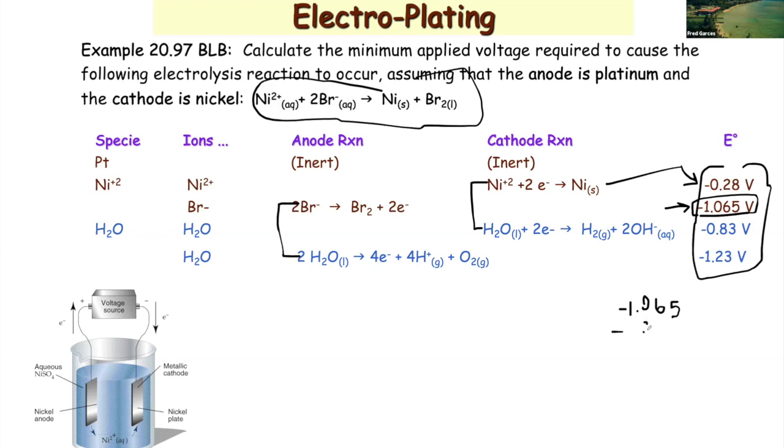So that's the amount of energy that you would need to drive this reaction. So in the end, you end up with 1.345 volts to do the electrolysis or the plating out of nickel. Say you want to electroplate a metal with nickel, then you use that metal as an electrode, and then the nickel will adhere to that metal. That's how electrolysis is done. So moving right along,